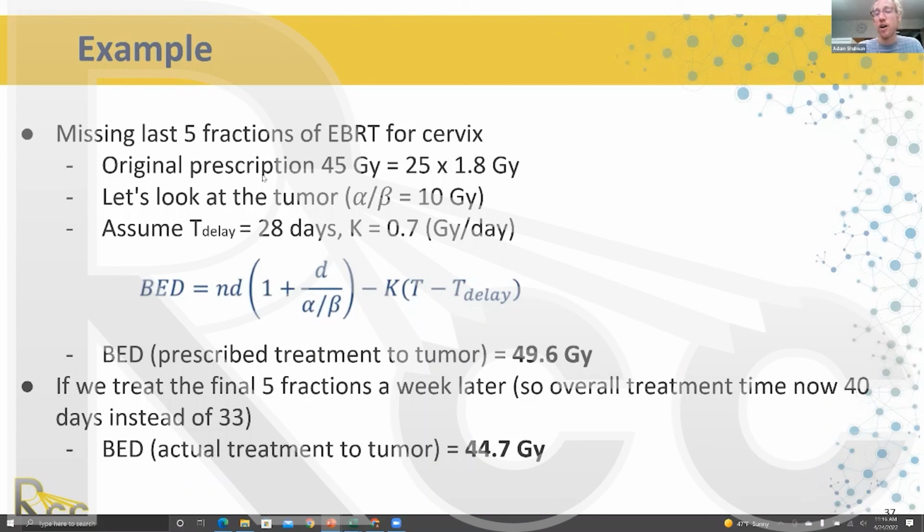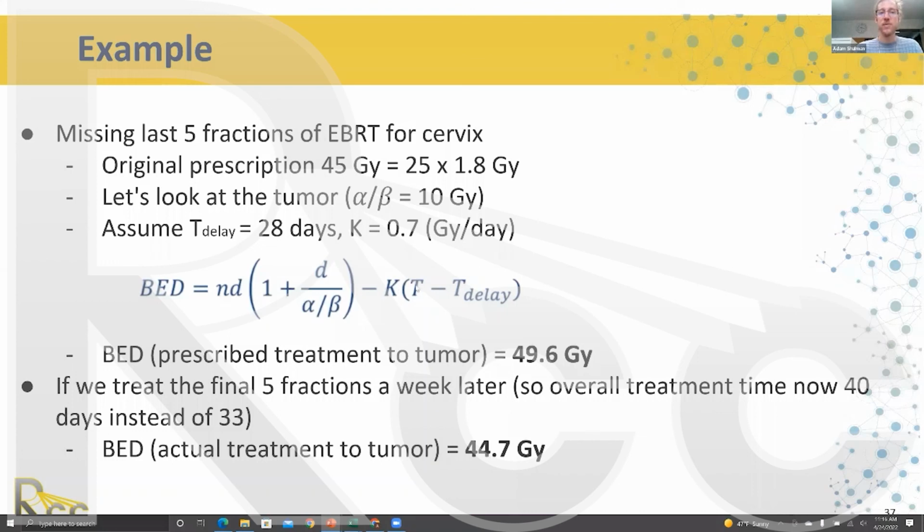I'm going to provide a document which goes through explicitly 6 different examples of how to calculate adding fractions, increasing fractionation, hypofractionating. It goes through in-depth 6 different examples. It's a really good paper. So I won't spend too much time right now, especially since I'm sort of over time as we speak. But it shows you how to use this equation with the different T delay and the K factors,